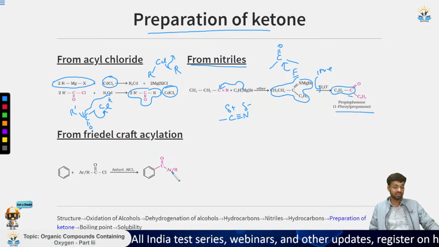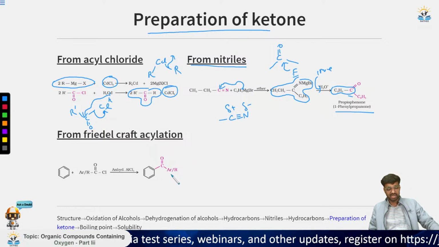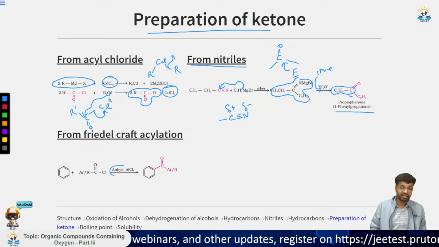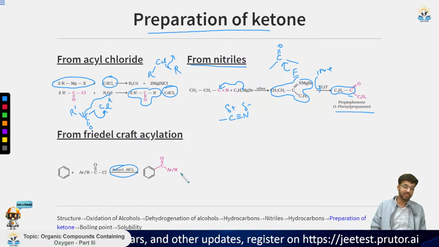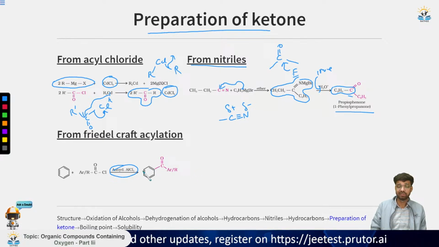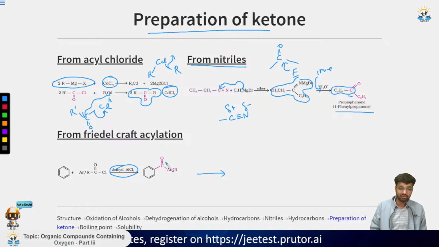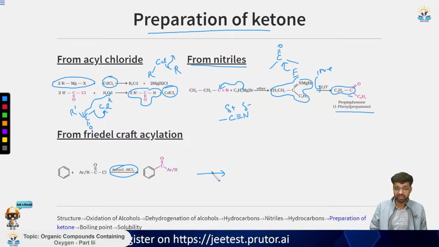So you have studied this electrophilic aromatic substitution type of reaction earlier also. We do it in the presence of a Lewis acid, which is AlCl3, and it is best for the preparation of this ketone. Now if you want a bonus thing here, further you can reduce this using LiAlH4